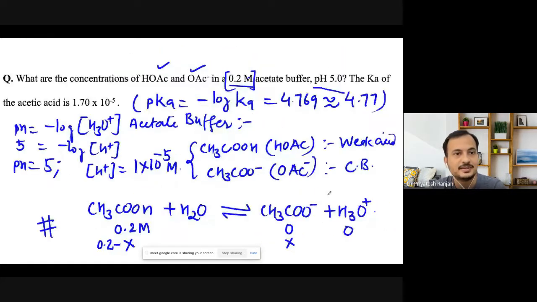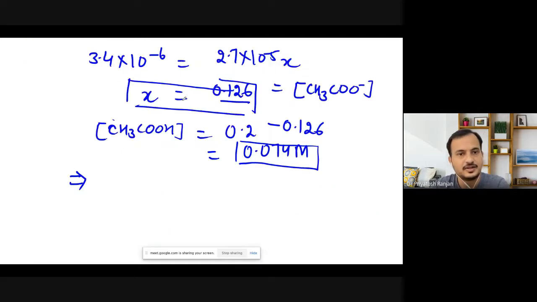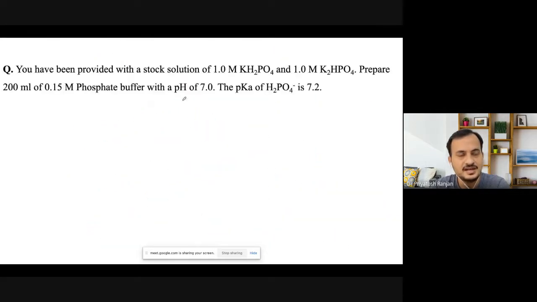Coming back to my question, they have asked what are the concentrations of acetic acid and acetate in a 0.2 molar acetate buffer, and these were the values which were given. So you can opt for any of these methods. All of these are absolutely right. You can even come up with your own way of solving and comment in the comment box. Now coming back to another question,